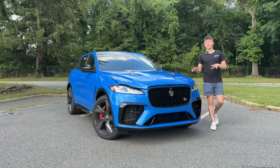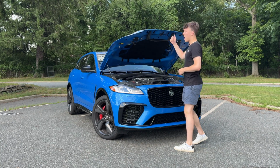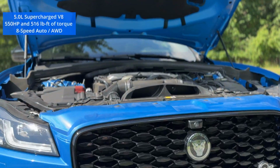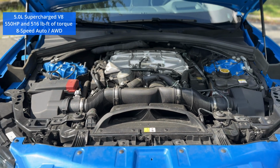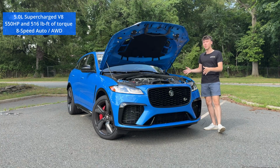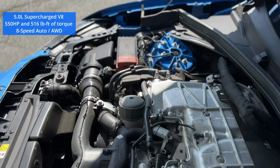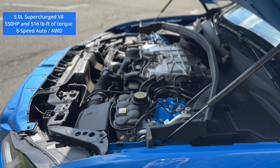Now, the heart of the Jaguar SVR is definitely under the hood with the iconic AJ 5-liter supercharged V8, and this is pretty much one of the last applications of this engine we have on the market right now, as the entire JLR group is moving over to the BMW-sourced 4.4-liter twin-turbocharged V8 in most of the latest products. But since Jaguar is additionally discontinuing all of their ICE engines, this is even more special of a package. Under the hood here, again, supercharged 5.0-liter V8, 550 horsepower and around 516 pound-feet of torque,